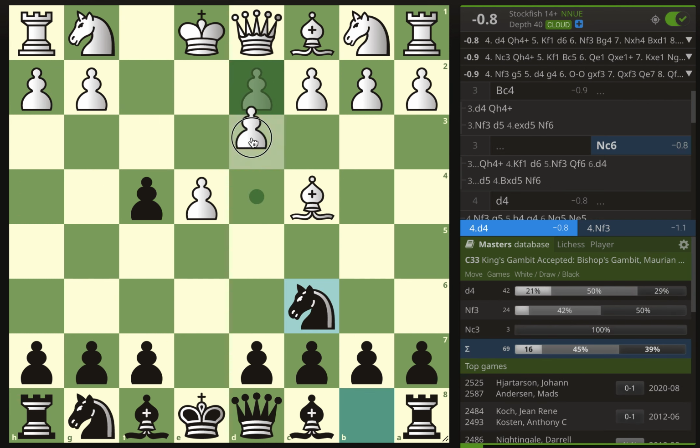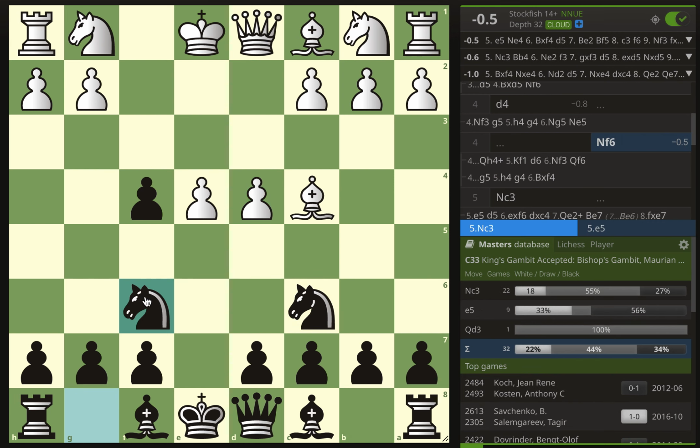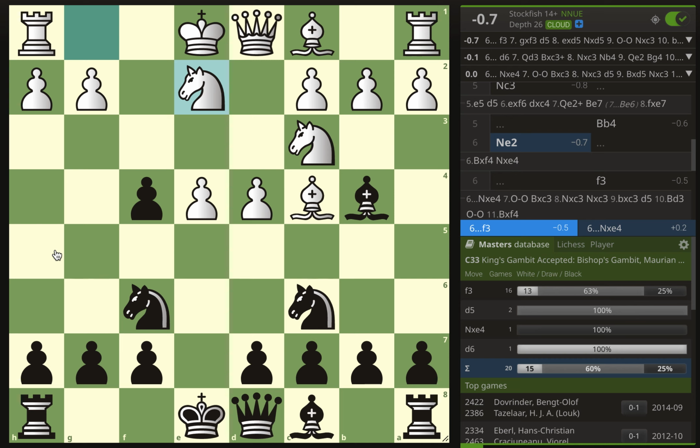So the main move is d4 instead, trying to collect the pawn, but we counterattack with knight f6, attacking e4. We're ready to meet e5 with d5, so no worries there. And white plays knight c3, protecting the pawn so that they can then capture, but no problem. We pin the knight, developing our bishop. And now the white play starts to get a little awkward with knight to e2, although that does guard some things